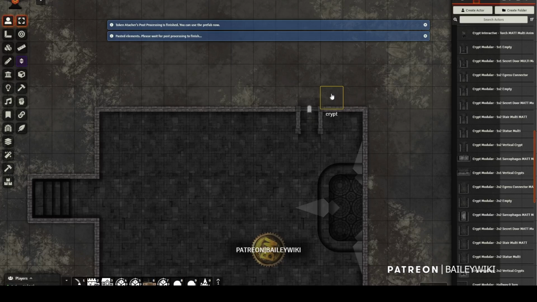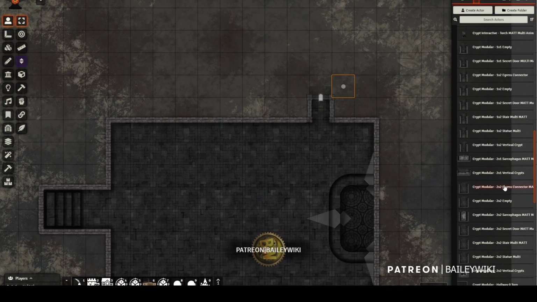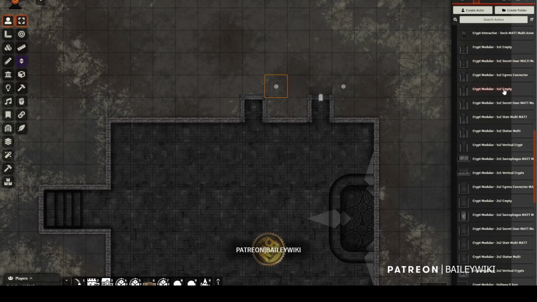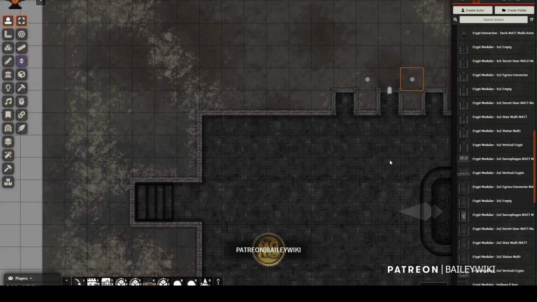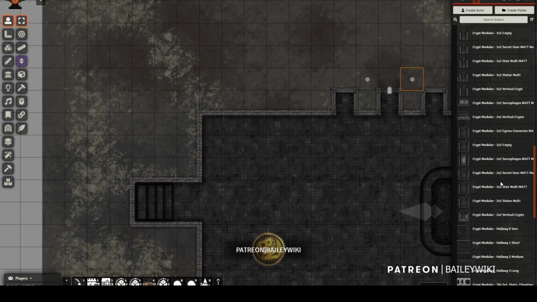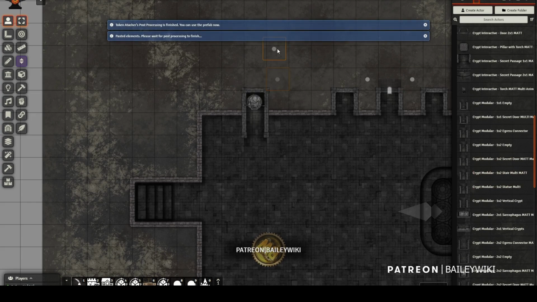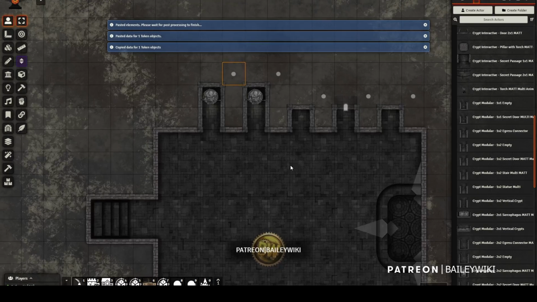And now I'm just looking at more things, like how do I want to dress up the space. And I feel like I want to have a secret passage. So I've dragged in one of the secret passages, and then I'm going to drag in a twin that is not a secret passage, just to make this not seem so obvious that it might be a secret passage, right? They'd have to investigate these different little nooks to ultimately figure out that one of those is a false wall. And I'll drag in one that's got some statues,